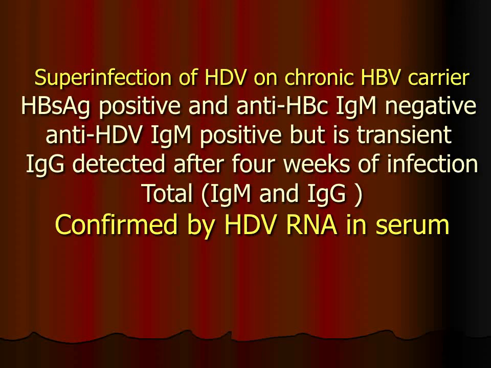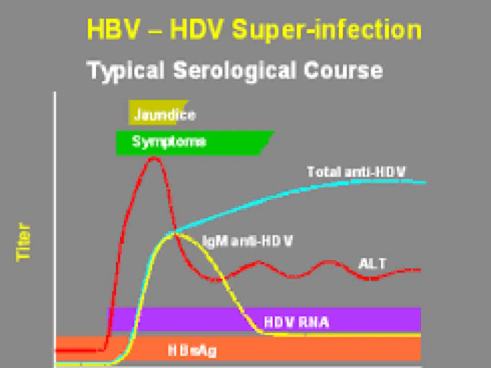Therefore, if you find again the jaundice and transaminases high in a patient with chronic hepatitis B, he knows that he has hepatitis B infection. When he notices jaundice and the increased transaminases, you should ask for HDV superinfection. How to know? The surface antigen of B is positive, but IgM of B is negative. But the delta IgM is positive, and it is transient, IgG positive. Therefore, we ask for total. Therefore, it is increasing. If you want to confirm by PCR,